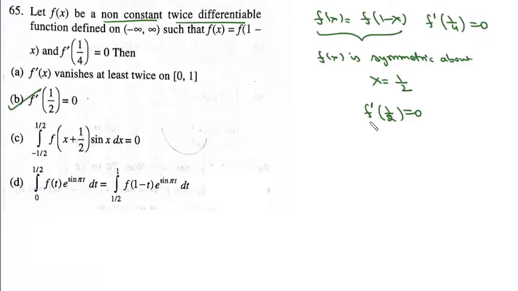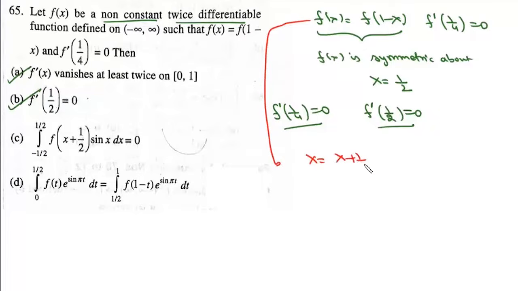Now it is given that f dash 1 by 4 is 0 and f dash 1 by 2 is also 0. So this f dash x vanishes at least twice in (0, 1). So this option A is also correct. Now if in this functional equation we replace x with x plus 1 by 2, we can write f(x plus 1 by 2) will be equal to f